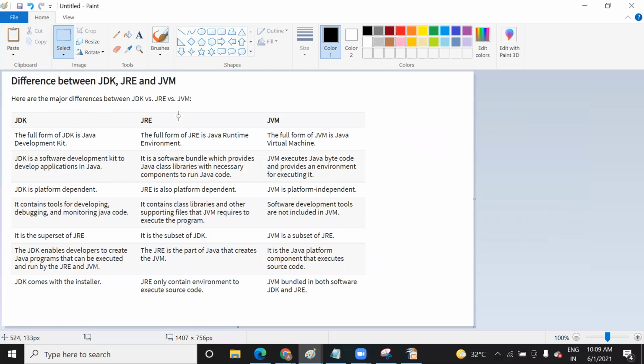You download JDK and JRE based on your laptop, based on your platform. Like for Windows you will download the Windows JDK and JRE. If it is Mac, then for Mac, and Linux, then for Linux. This is platform dependent. But JVM, as I said, is platform independent. As you download JDK and JRE, JVM also comes under this. This JVM component is responsible for interpreting your code, so it is not based on your system.